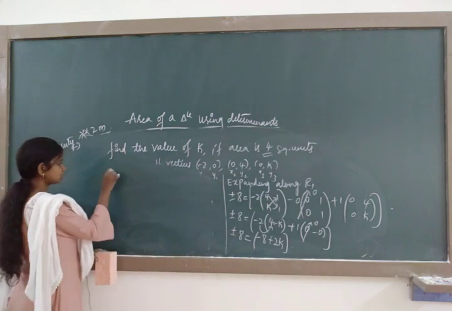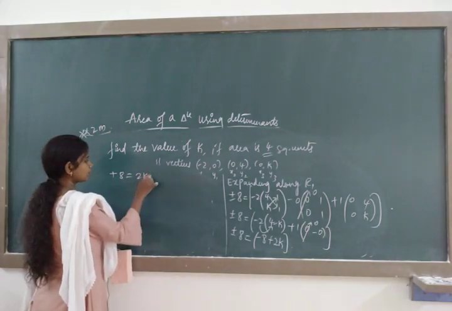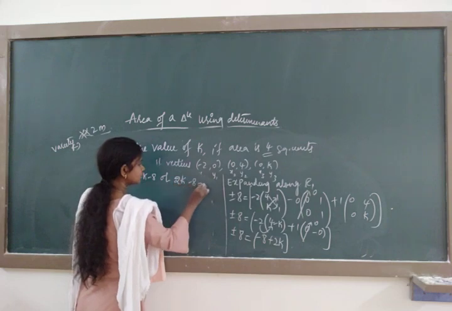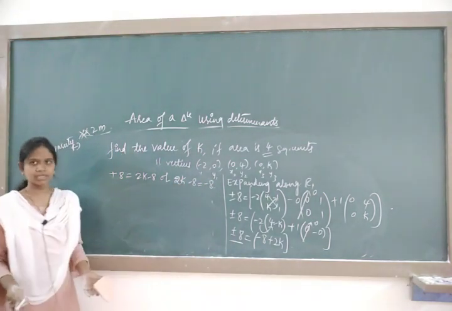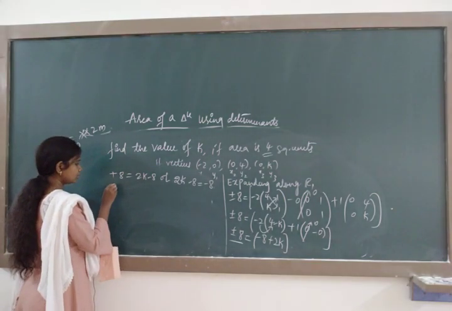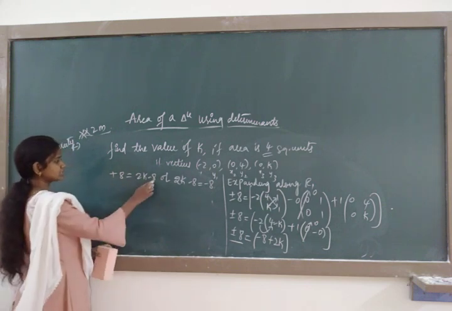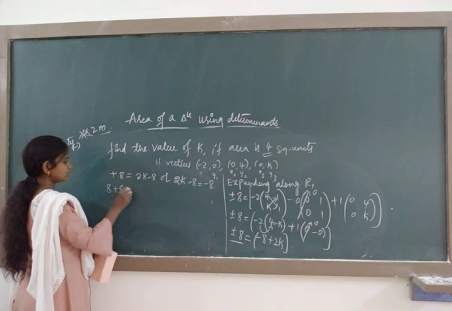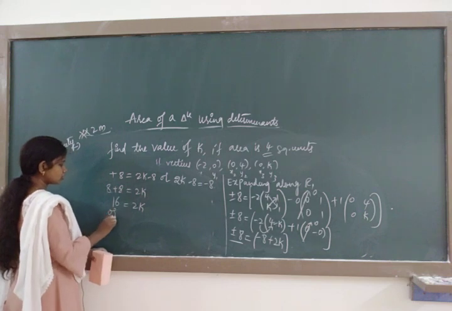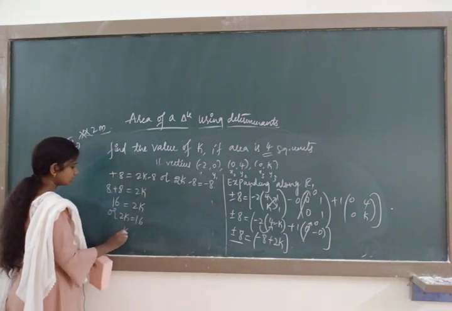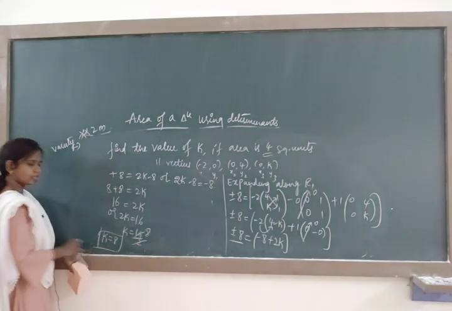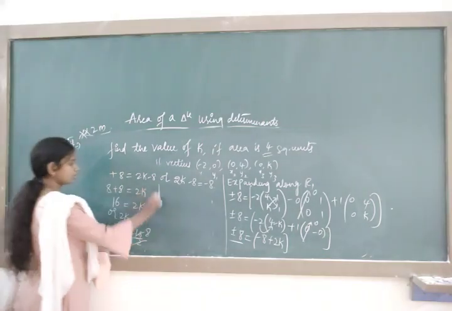Now what remains? Plus 8 is equal to 2k minus 8, or 2k minus 8 is also equated to minus 8. You have to equate for plus 8 once, then you have to equate for minus 8. Now, better you take minus 8 and transfer to this side. 8 plus 8 is equal to 2k. It's 16 is equal to 2k, or else you can also write 2k is equal to 16. k is equal to 16 by 2. 2 1s are 2, 8 2s are 16. k is equal to 8. Now move on to that.